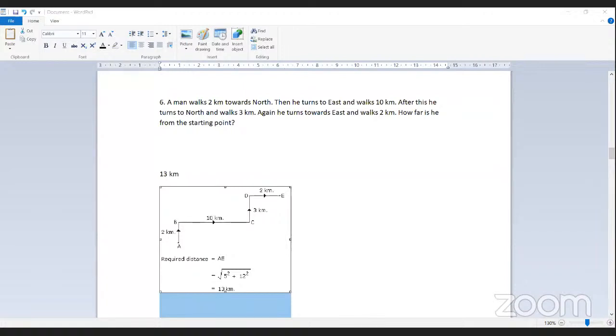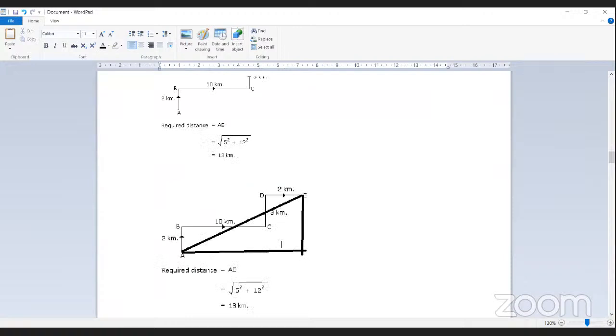Not audible. The shortest distance AE is what you have to calculate. Okay, for that